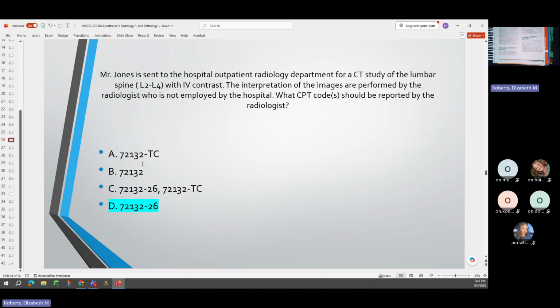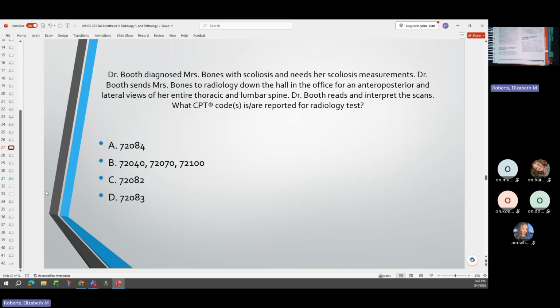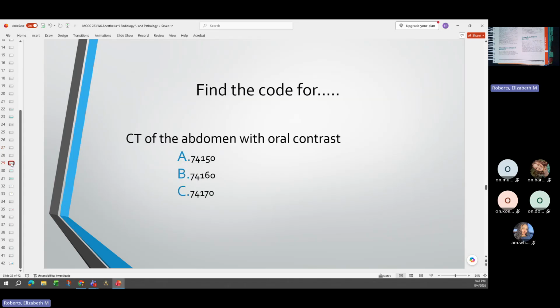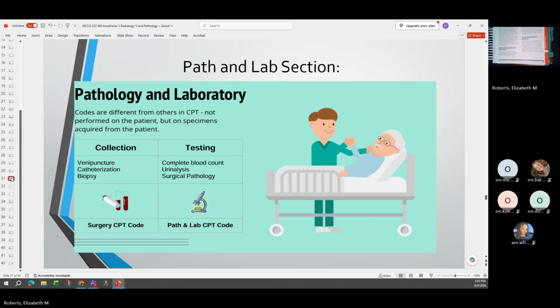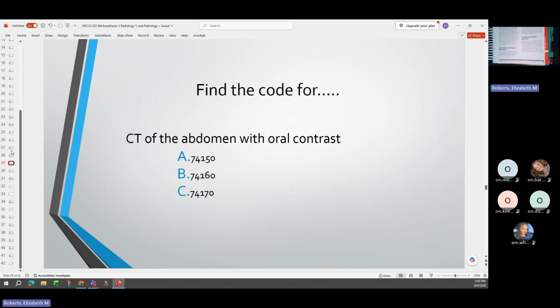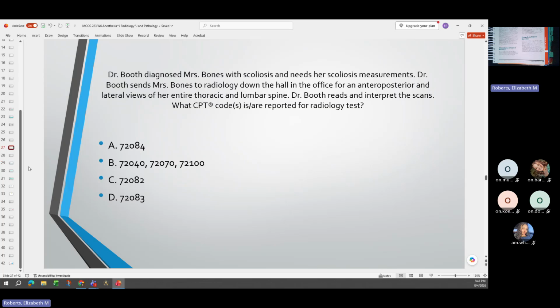So that's a good trick for a certification exam. Don't read the top, especially if it's really, really long. Just look at the answers and do process of elimination before you even look at the question. Let's do, hang on, let me see if I want to do that one. That one's kind of easy. That's Path and Lab. So let's do this one, and then we'll move to Path and